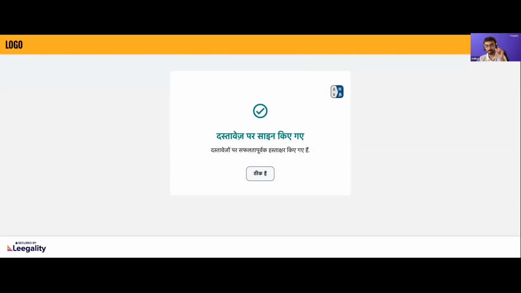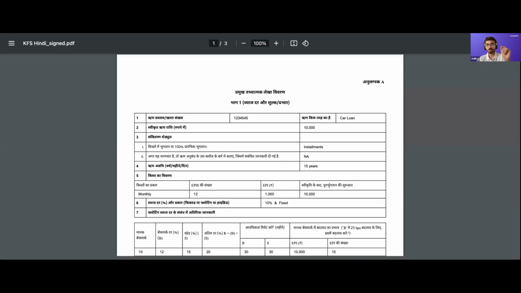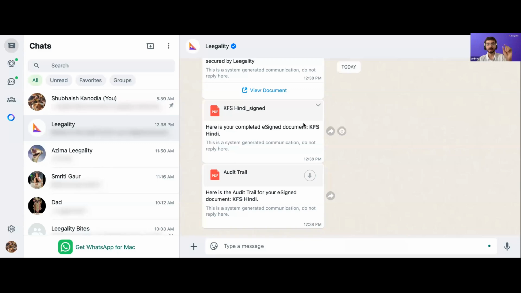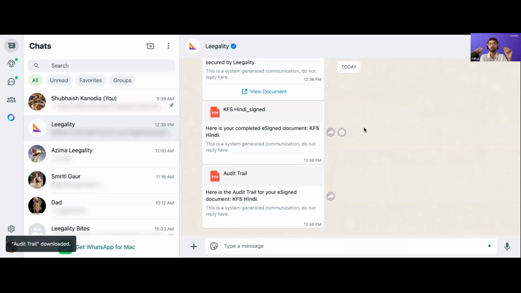I'll just show you this. So KFS, this step was a quick two-click acknowledgement, right? This is not a full e-sign if you notice. Most of you are familiar with the e-sign process. This was one option, which is a very light touch process, right? Because a lot of lenders told us, look, I want a step that acknowledges and shows on the KFS, but I don't want it to be an Aadhaar e-sign. I don't want it to be a very complex process. So what we just showed you is a very light touch, two-click process.